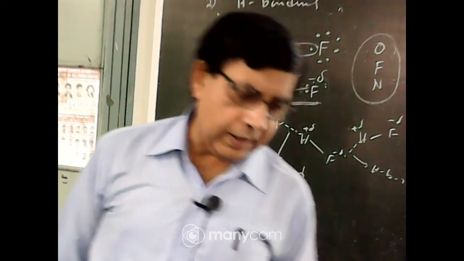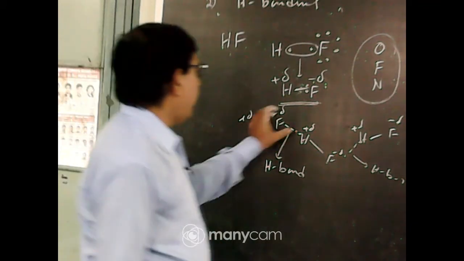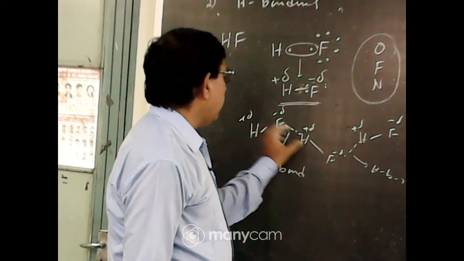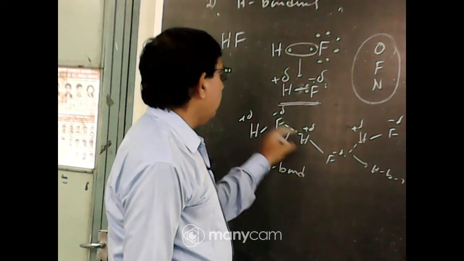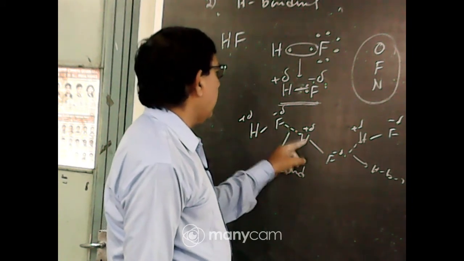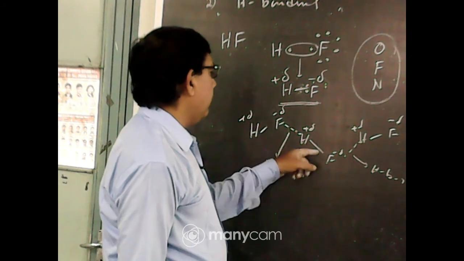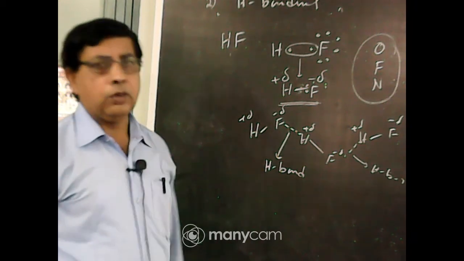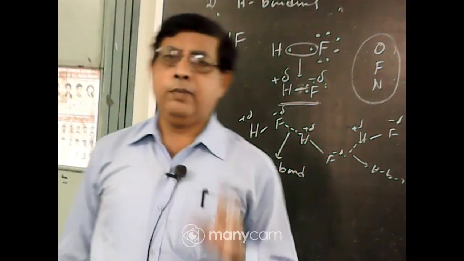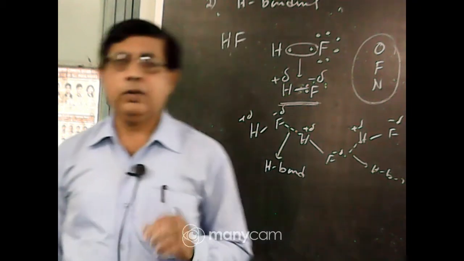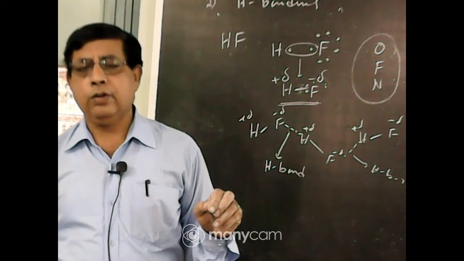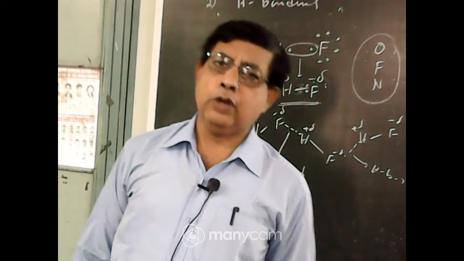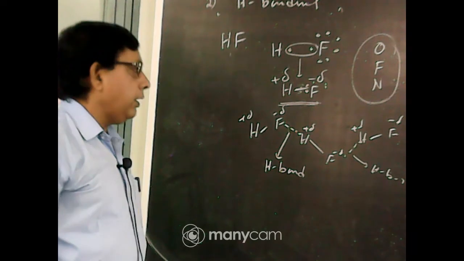If the element has high electronegativity and small size, then partial charge separation takes place to a larger extent, and due to smaller size, the HF molecules come very close, so the electrostatic force can operate between positively charged hydrogen and negatively charged fluorine of a different molecule or the same molecule. This electrostatic force is called hydrogen bond. So what will be the condition for hydrogen bond? Number one, hydrogen atom must be present. Number two, the element attached to the hydrogen atom, mainly fluorine, oxygen or nitrogen, must have high electronegativity and very small size. This is the hydrogen bond.